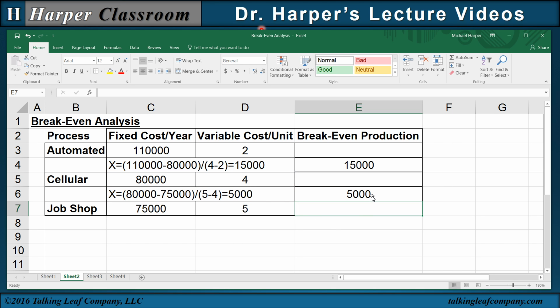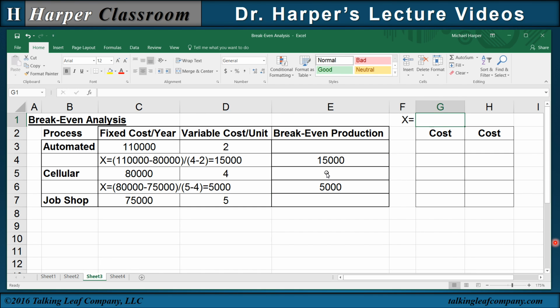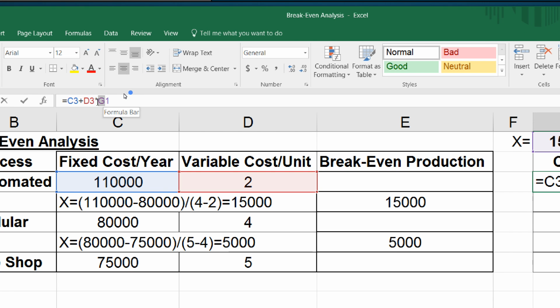And there's our break-even, 5,000 and 15,000. Let's find the cost to demonstrate the minimum cost. Let's start with 15,000 and 5,000. So the cost here for the automated is going to equal our fixed cost plus our variable cost times our 15,000. We want our demand 15,000 to be fixed, so we come up here to G1, highlight it,